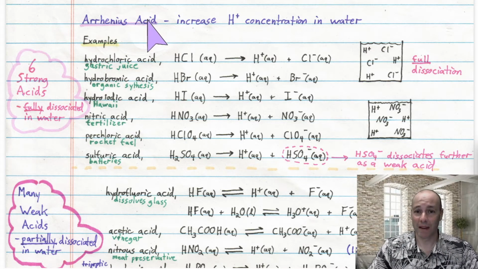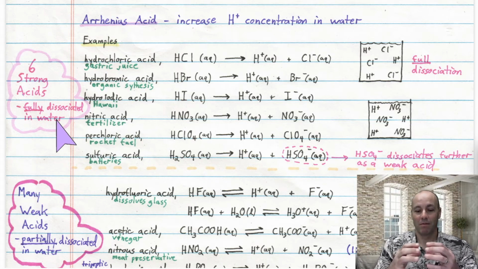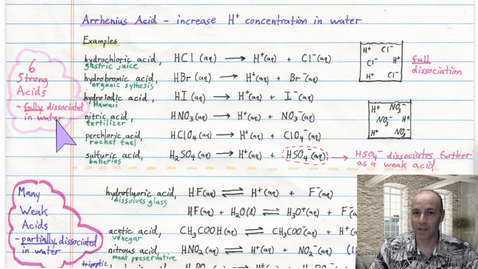Acids can be divided into two main categories, strong and weak. Strong acids are the ones that fully dissociate in water, and what we mean by that is if 100 molecules of a strong acid dissolve in water, every one of them becomes separated from its proton. So full dissociation. There are 6 strong acids, and I've listed them here,